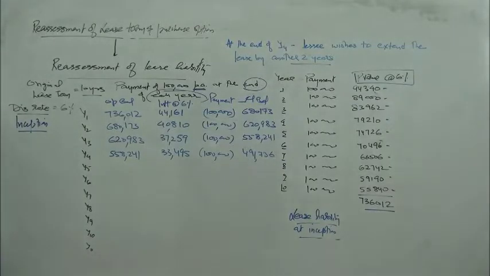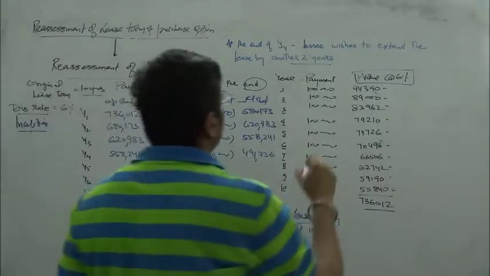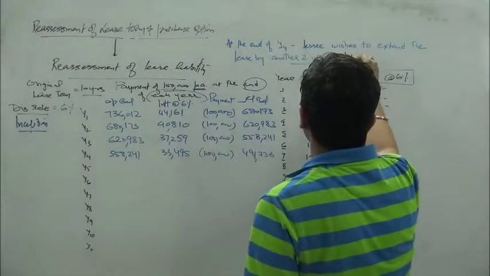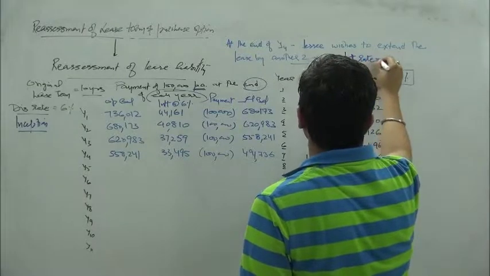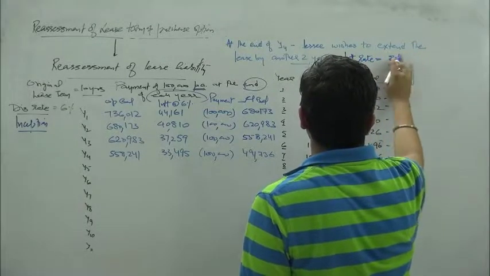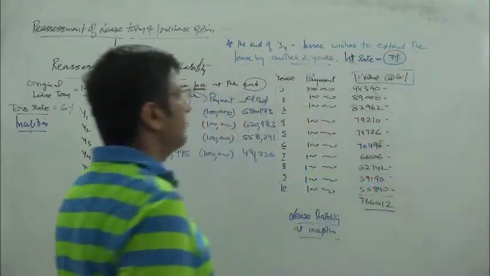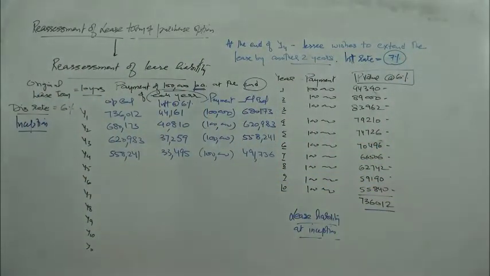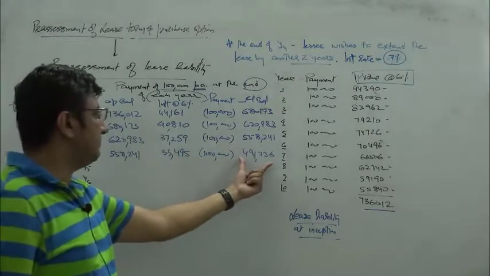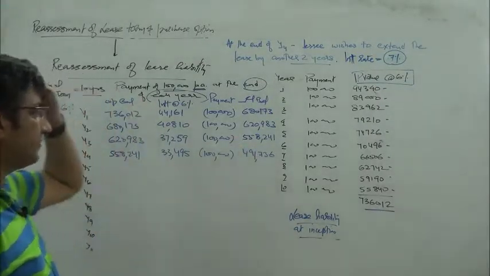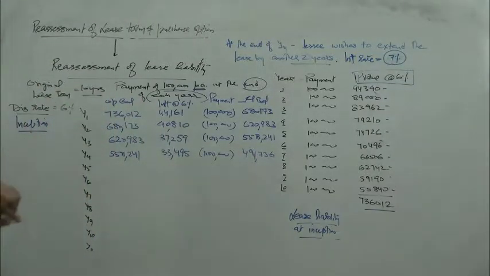Okay, and at this point in time, the interest rate is, let us say, coming at, let's use a number 7% here. Okay, right? So far we have got this amount as a liability, 491,736, and now we are saying that the